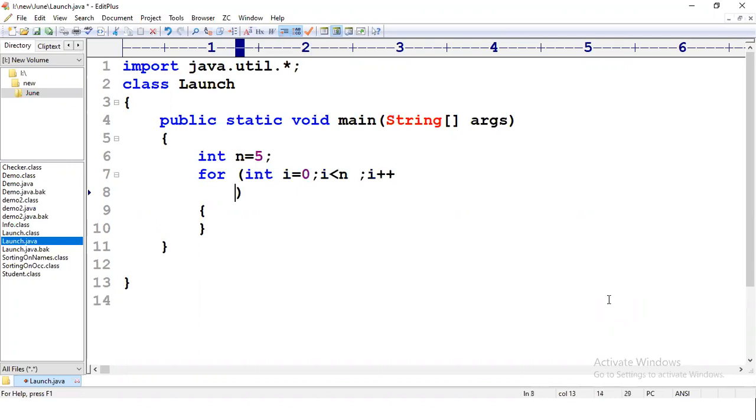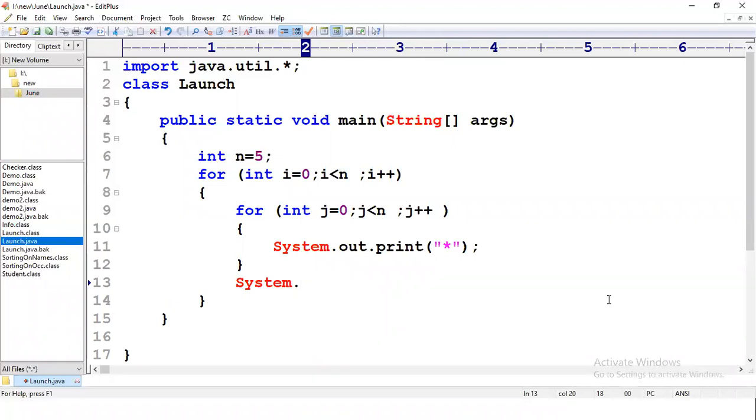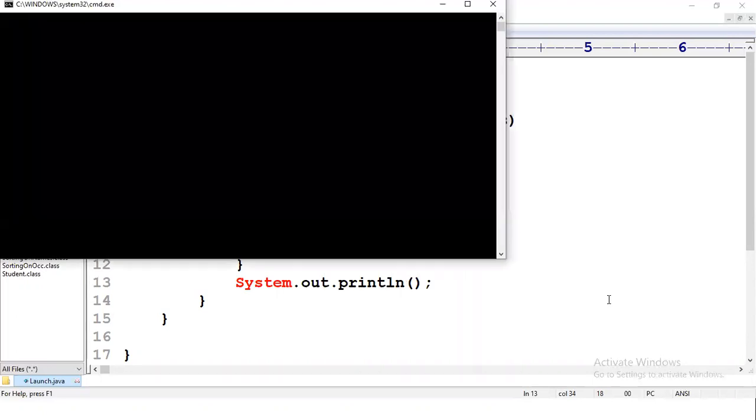Okay, the same thing we will be doing for j. Here for loop int j should be starting from 0. Then j is less than n, j plus plus. Okay, then after that, here you write system dot out dot. Okay, is it println? No, it is print. Inside the j loop, it is always print star, and outside the j loop, it is system dot out dot println. That's it. Yes, first you have to get n cross n star output.